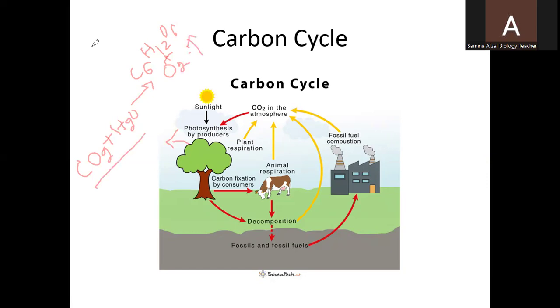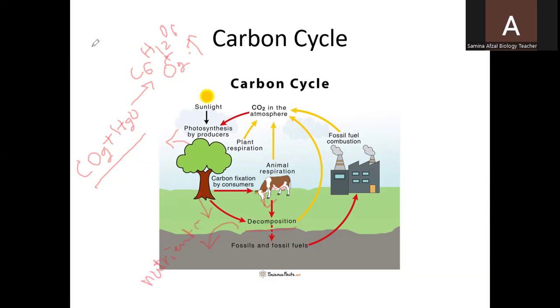So these green plants are eaten by the animals. When these animals and green plants respire, the carbon dioxide is added into the environment again. And when these plants and animals die, the process of decomposition takes place, which is carried out by the bacteria, and decomposition is a process by which the nutrients are released into the